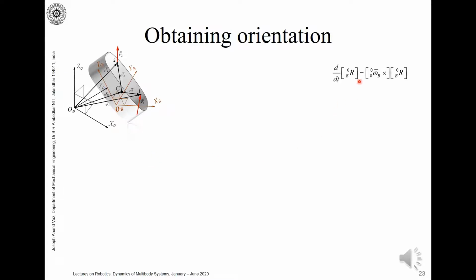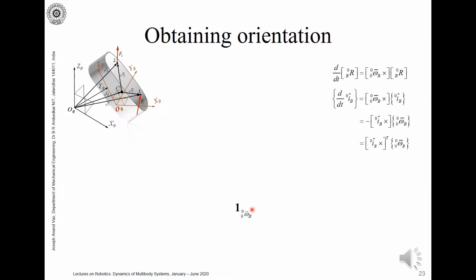So here we have the rate of change of this orientation as equal to omega cross R. If we go column by column, the rate of change of the i unit vector is equal to omega cross i. We can change the order of this cross product to minus i cross omega. And we know that i cross is a skew symmetric matrix, so its negative is just its transpose. So it can be written as i cross transpose omega.